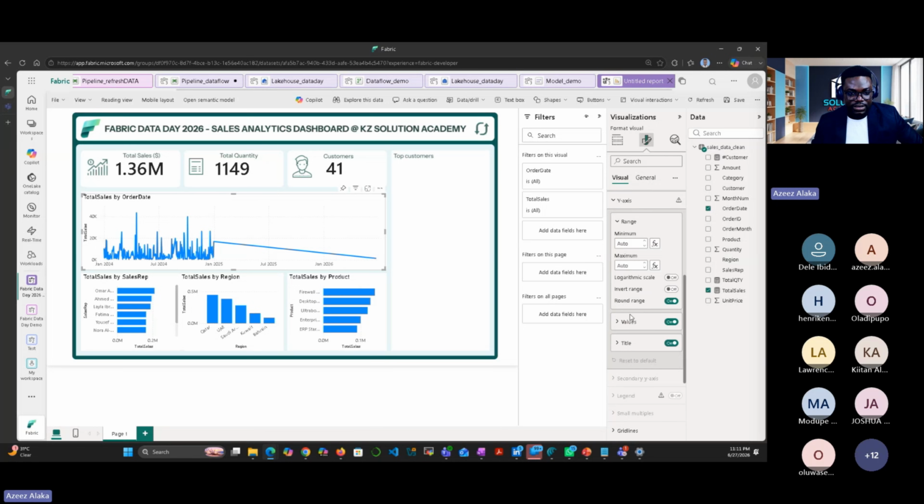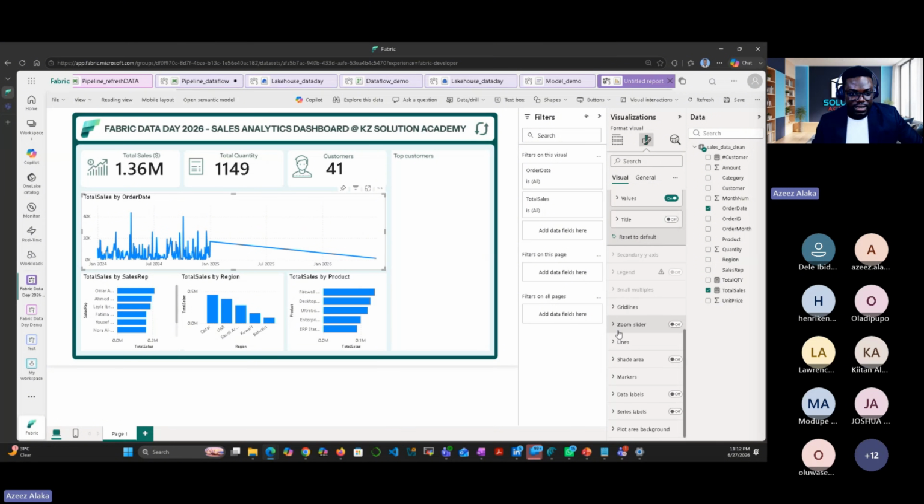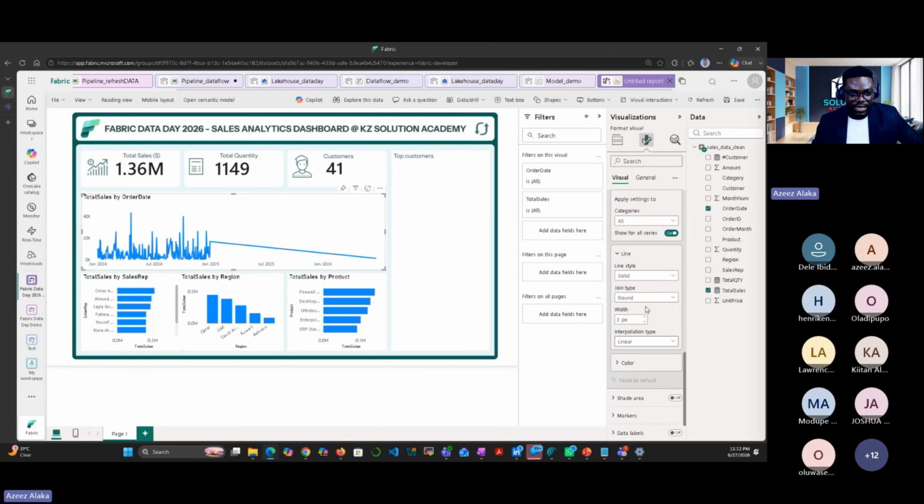On my y-axis, I do not want value. Oh, I want value. Okay, so what other things do we want? Grid line. I don't want grid line. Remove the grid line. Then the line, I will change the color of the line. Solid, this.